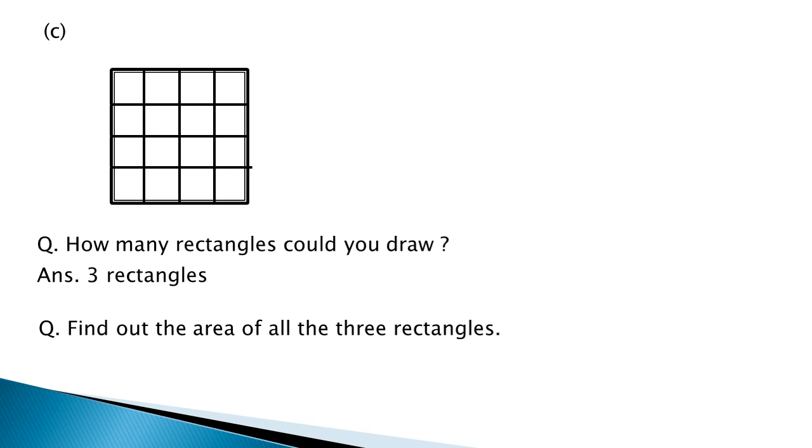Okay. So here is answer C, and you can see this way I have drawn, and you can see squares are there in this figure. But children, this figure is not a rectangle. This is a square. Now you may think we are asked to draw rectangles. When we are asked to draw rectangles, why have I drawn a square here?